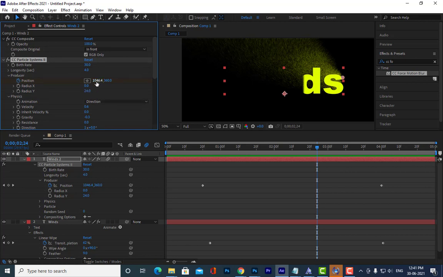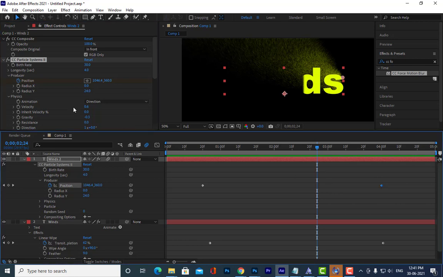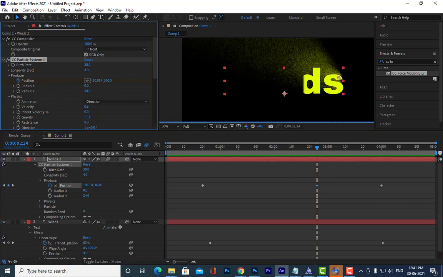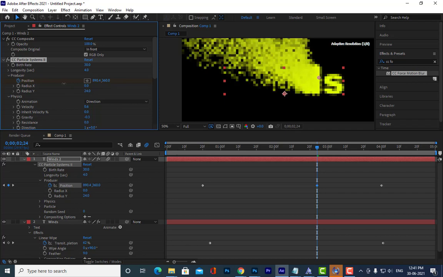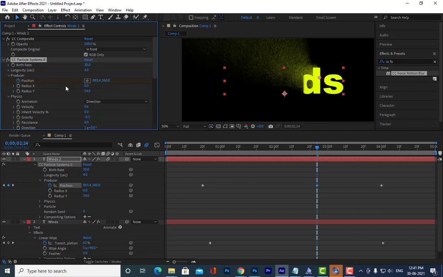So what can we do? We can change the position settings, right? We can make it move along with the particles. Okay. See, I can change the position here.